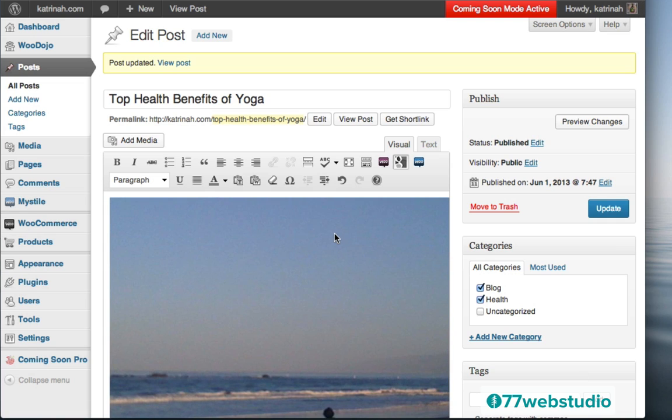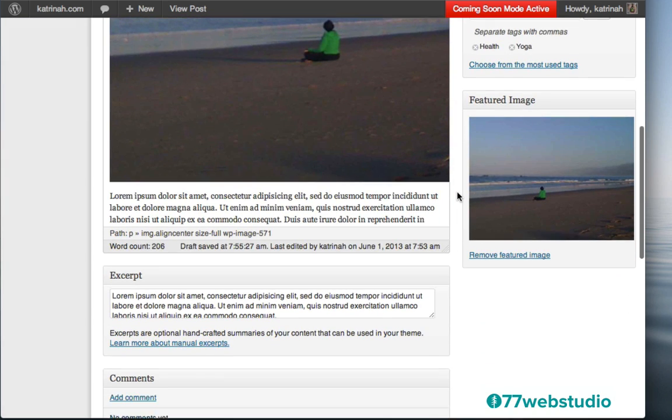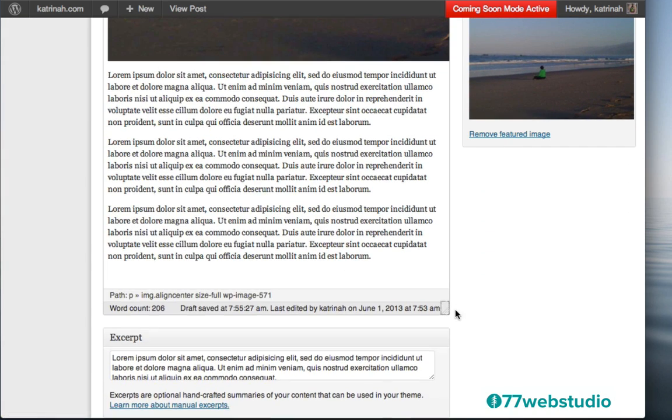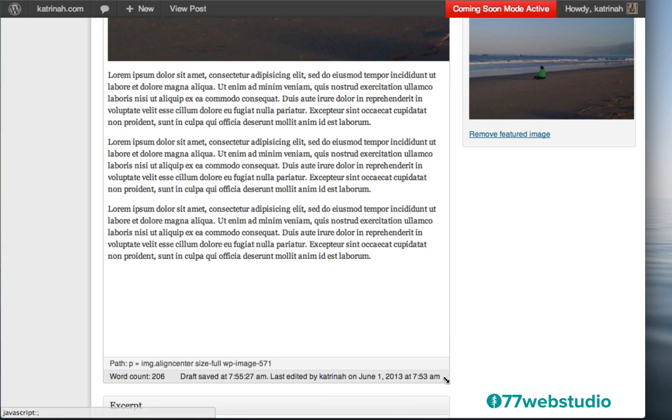So once you have your image in the Edit Post screen of your blog post, the other thing I want to show you is how to add a video to your blog post. So I'm going to scroll down here and I'm going to add a video in the location where I'd like it to show up here on my blog post. I'm just dragging this down. So to add a video to your blog post or to your page really, you just want to place the cursor where you want to add the video, and then you need to go grab your video URL.